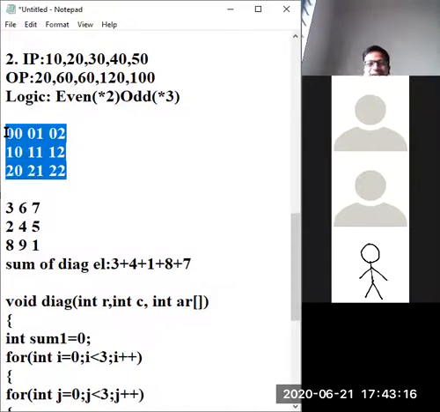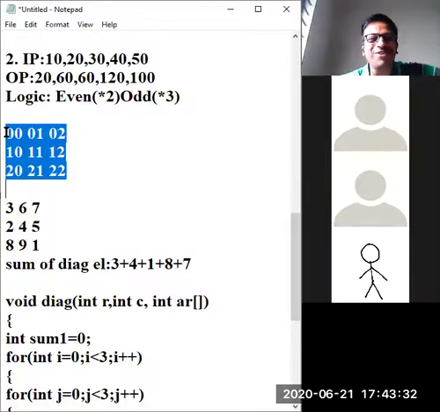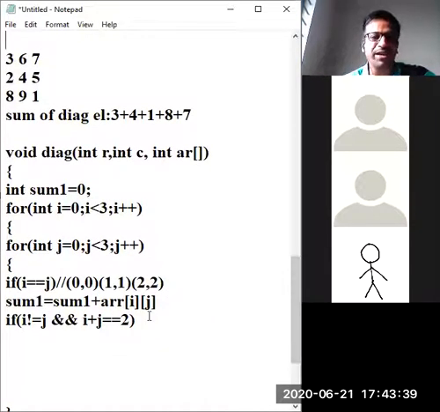I told you from the beginning why I have written that as a beginning step, because every logic is there in that. That is the heart of this application. So she picked that 2, running 2 plus 0 is 2, 1 plus 1 is 2, 0 plus 2 is 2. But unfortunately, 1 plus 1 is 2, but what is not satisfied? i is not equal to j. This is perfectly correct.